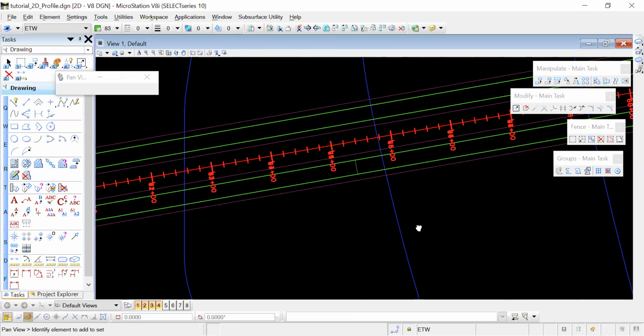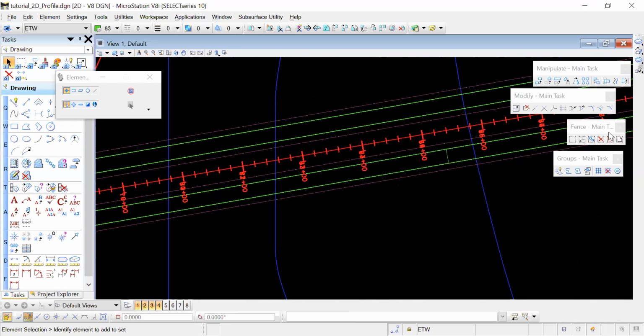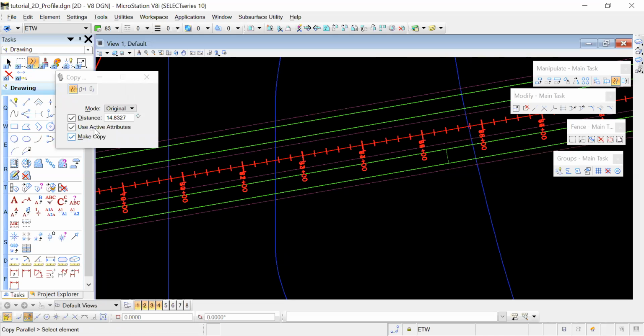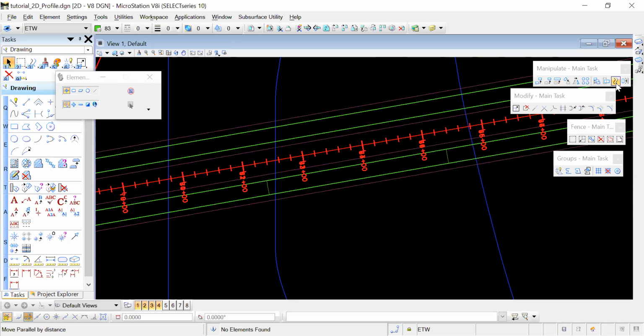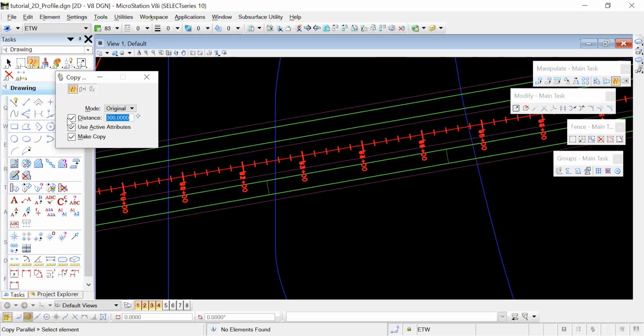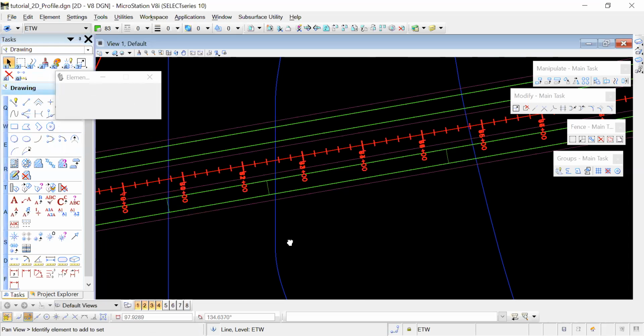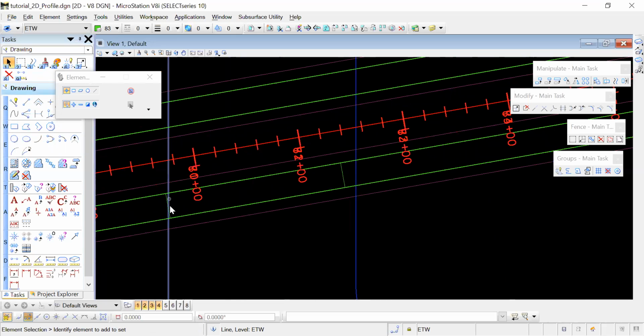Okay. So now that we have the line, we're going to copy parallel this line 300 and 467.11 to the west. So we're going to go to the copy parallel command in here. It's move parallel, but you can make a copy. And then the first one will be 300. And then gonna do it again, 467.11. And we're gonna copy parallel this one in here. As you can see, now I have the 300 and I have the